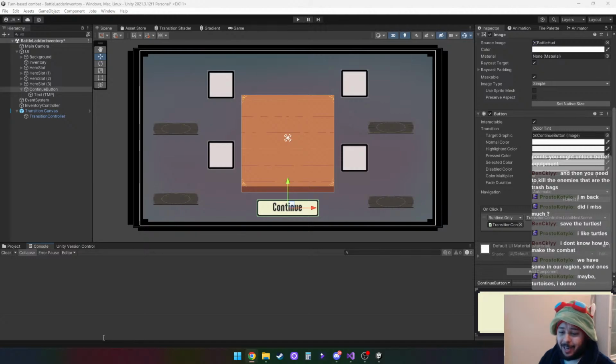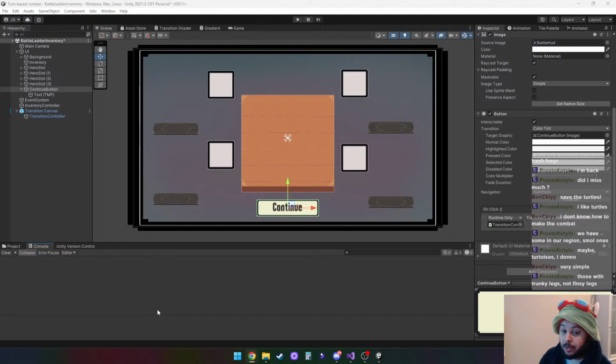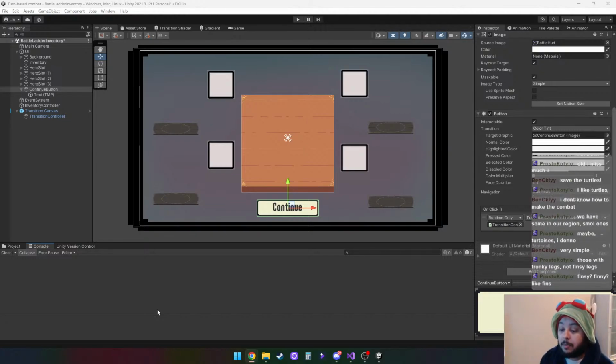Oh man, imagine if it was like a Dynasty Warriors style, very simple. Personally, there's two very simple ways. You could do turn-based, which is very simple but can get very complicated. Or, actually, wait, this makes things a lot easier. What medium is it going to be in? Is it a 2D medium, a 3D medium? Because if it's 3D,